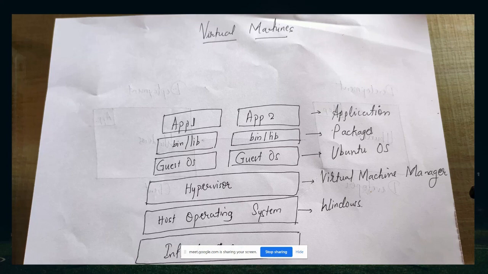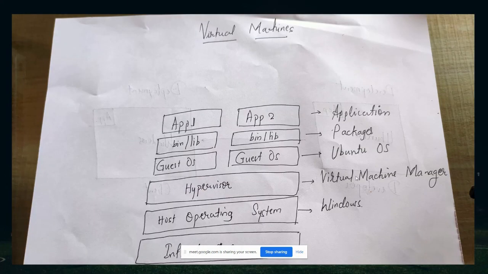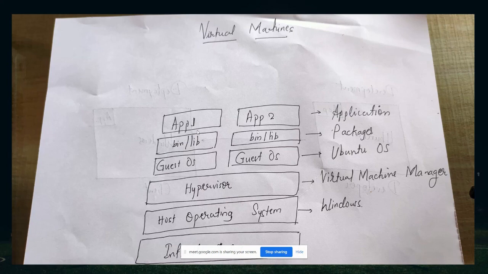As we discussed in the problem before, it was an Ubuntu operating system, so I'll just go and install a guest OS, that is the Ubuntu operating system, and the packages required for that, and the application will be deployed on that OS in the virtual machine. If another developer develops an application in Fedora, and you also want to deploy it, then you can have two operating systems in the same virtual machine. So this is the concept of virtual machines.